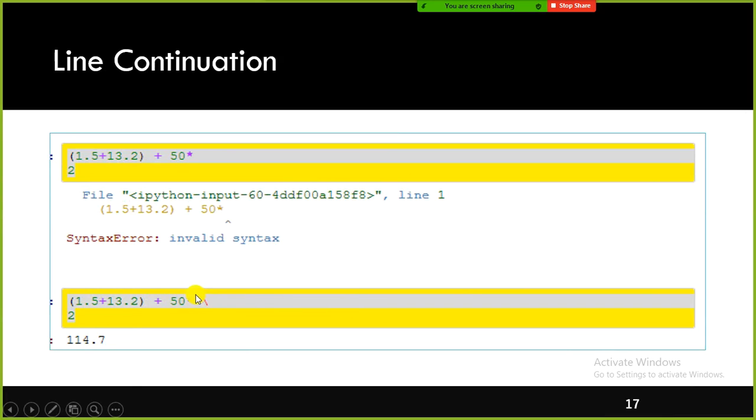If you put a backslash, the interpreter will understand that the continuation is there in the second line also, and then it will read it and consider the entire thing as a single line and execute it, so that you can avoid errors. That is how you need to deal with line continuation. Try to keep this also in your mind.